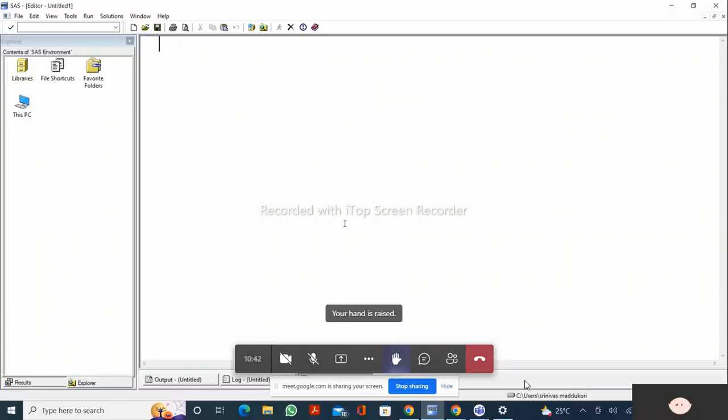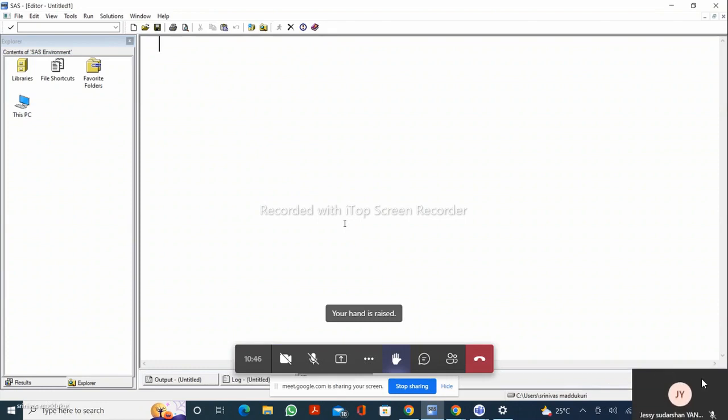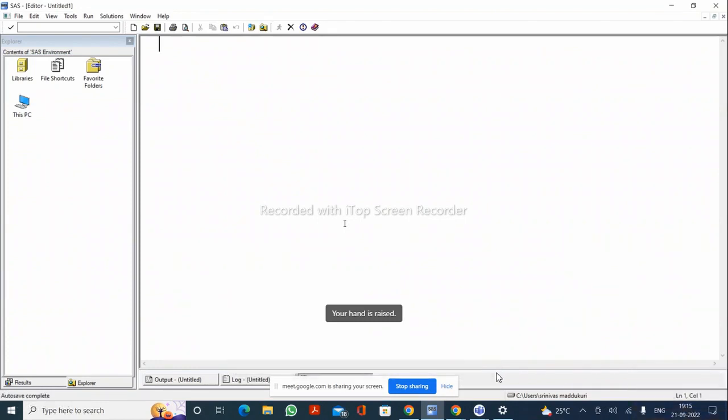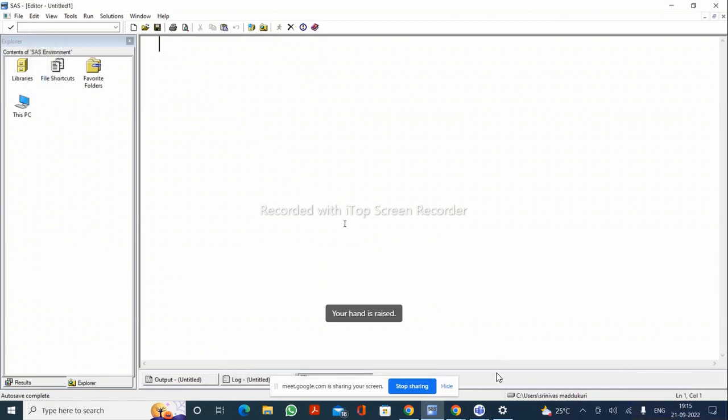But what is the advantage with PROC TABULATE? It can generate all the statistics in the form of a table. It can print everything in the form of a table, and it can print the table up to what dimension? 3D dimension. Up to 3 dimensions. Because of that, we can print so much data in a small table. So that's why PROC TABULATE is very powerful, and I would say PROC TABULATE is equal to PROC MEANS